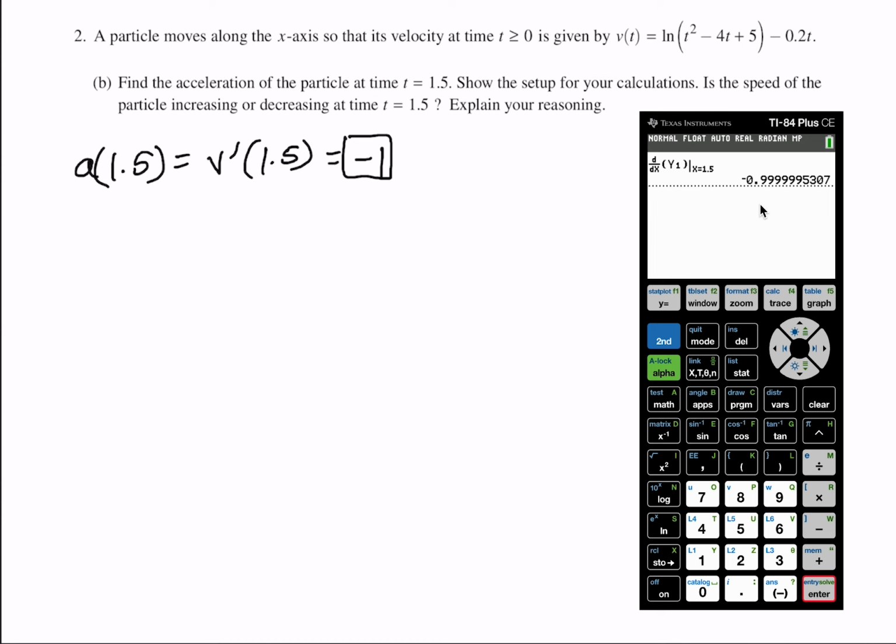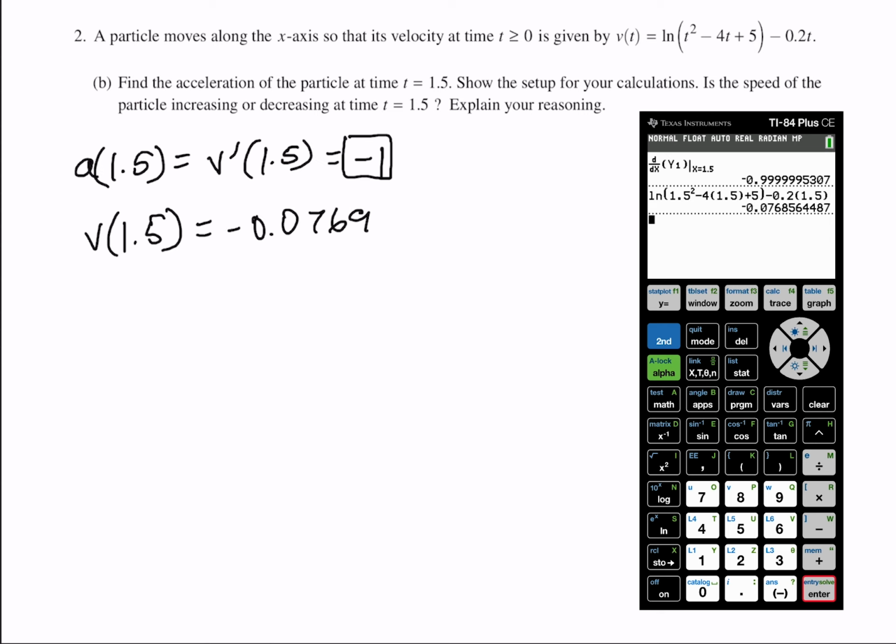So we already know the acceleration at t equals 1.5, so now let's find the velocity. For that, all we need to do is plug it into the function that they've given us, so we can use the graphing calculator for that. So now I'm going to plug in the equation for the velocity and then replace t with 1.5. And so we get negative